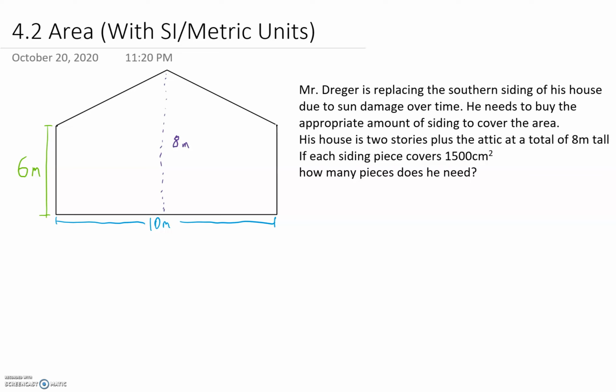Just before I move on, if you haven't yet, watch the 4.2 video on imperial units, as I go into detail about rectangles, triangles, and circles and how to get the area for each. As a recap though, remember that the area of a rectangle is equal to length